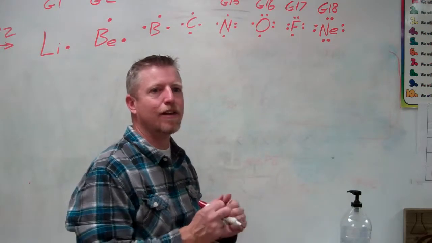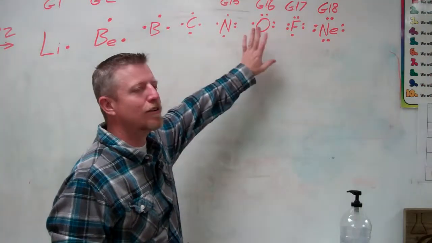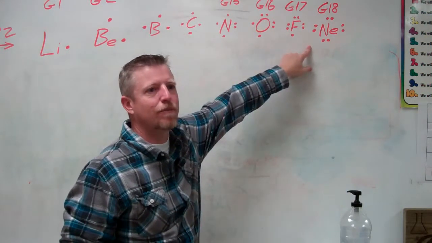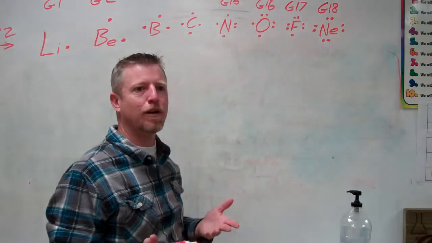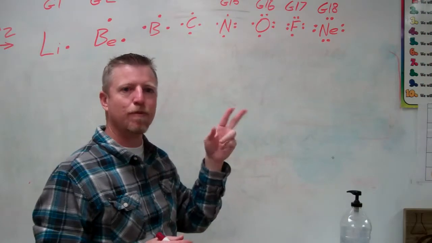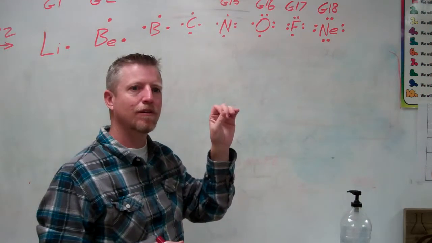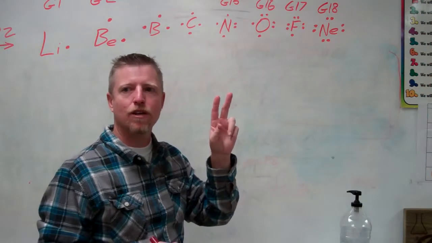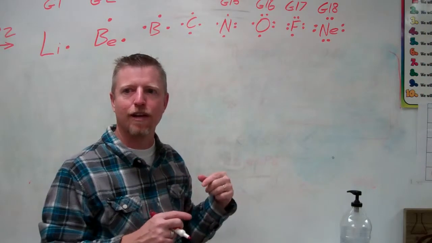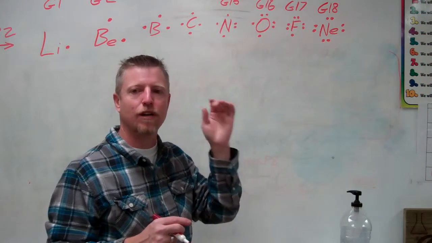So neon will not even combine with himself. Okay? Now the one exception to the rule, we didn't do group period 1, which helium is right above him. And helium kind of is the weird oddball in group 18. He only has 2 electrons. But remember, how many electrons can be filled in the first ring? 2. Only 2. So helium does belong in group 18, even though he doesn't have 8 electrons in the outer ring, he has 2. But remember, the inside ring can only handle 2 electrons.